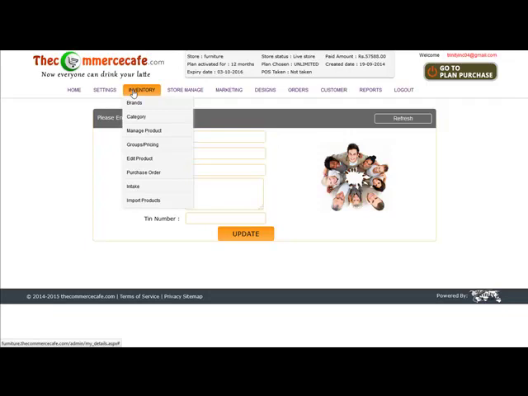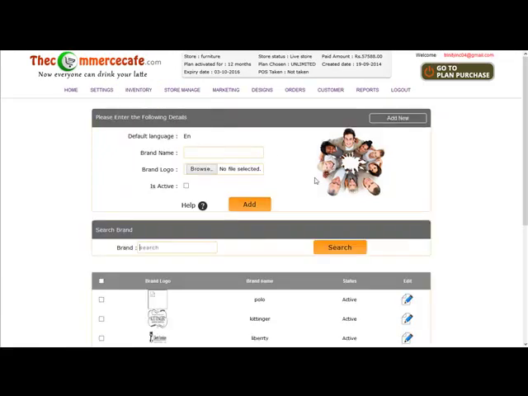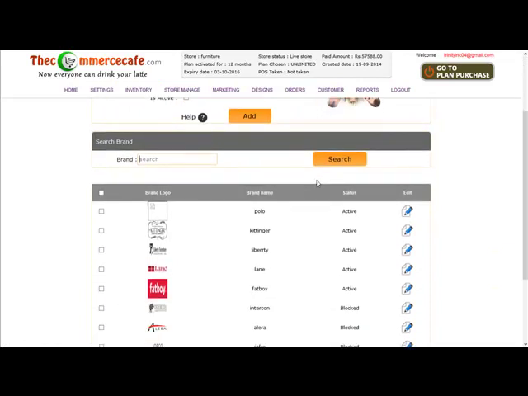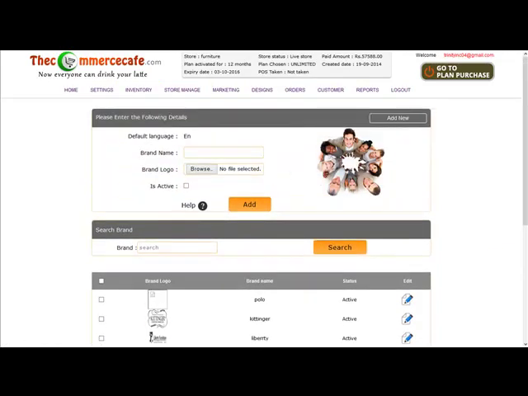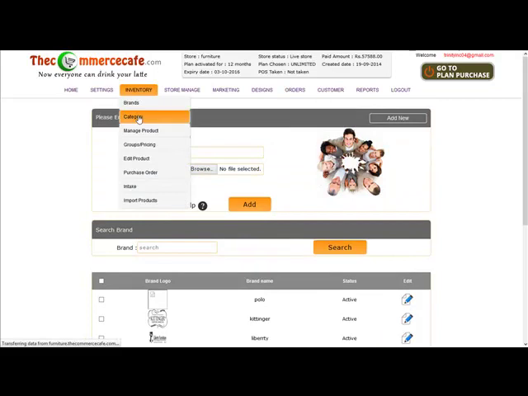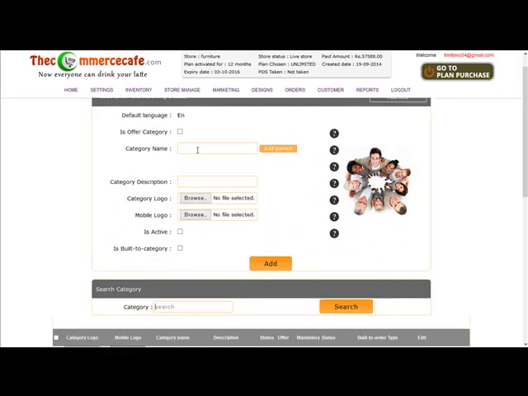Firstly, brands. The Commerce Cafe allows you to add brand name and logo to your store. Category. The Commerce Cafe allows you to create your own category. Like if you take an example of an apparel store, the categories are men, women and kids.